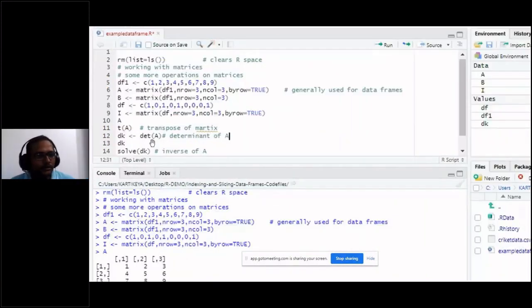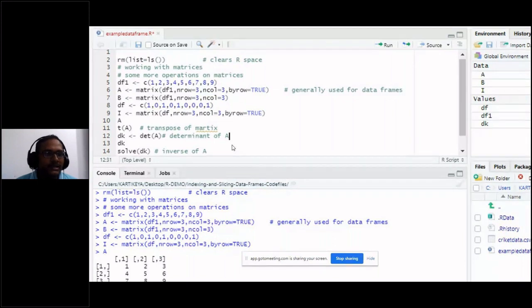If I want to calculate the determinant of A, the syntax is det of A. I have assigned det of A to the variable dk, so if you write dk, it will display that value. If I want the inverse of A, there is a little procedure for calculating the inverse of a matrix.